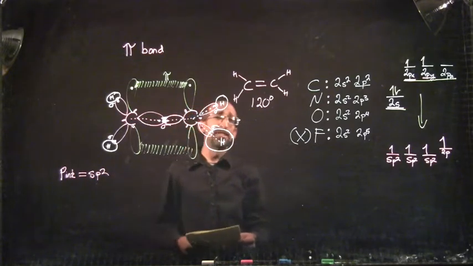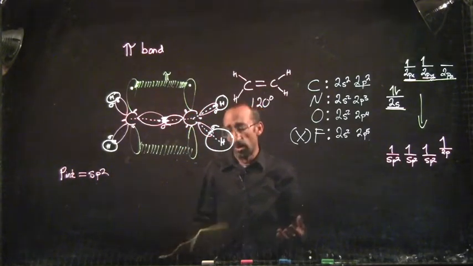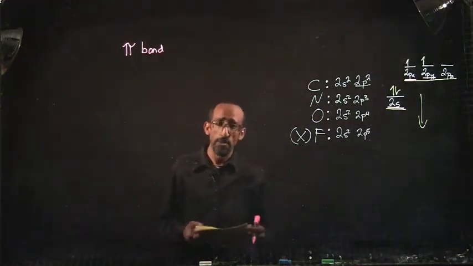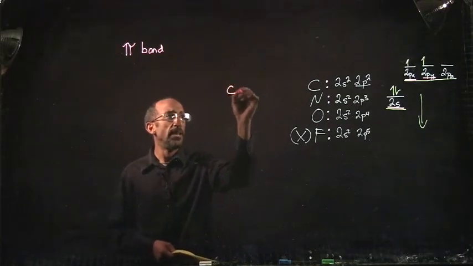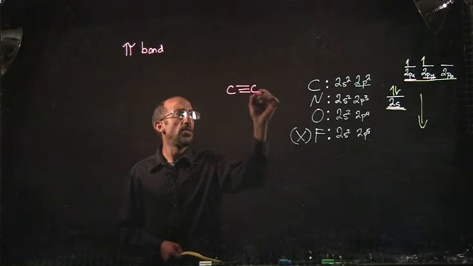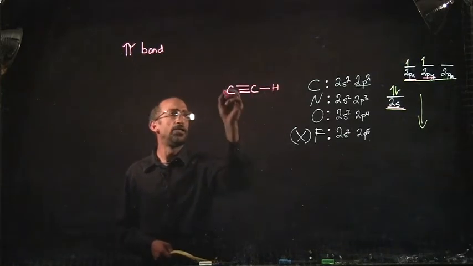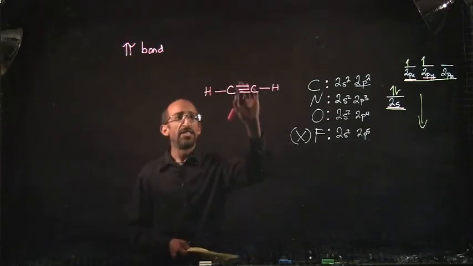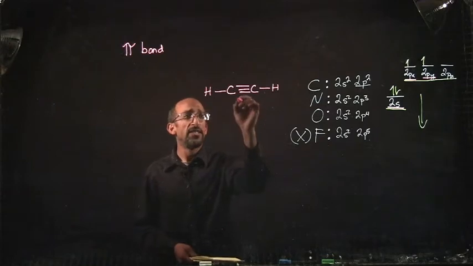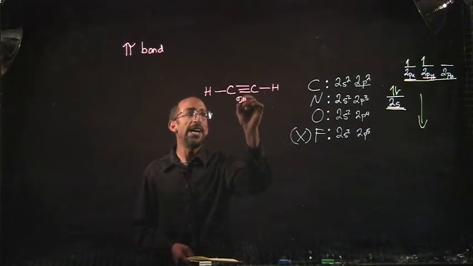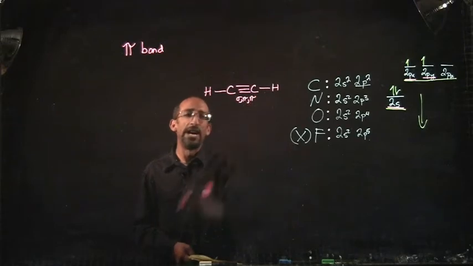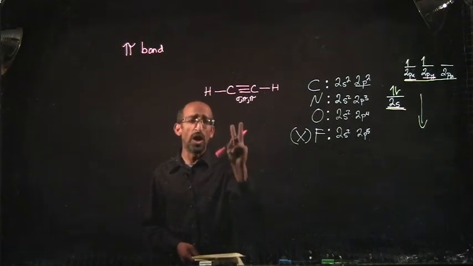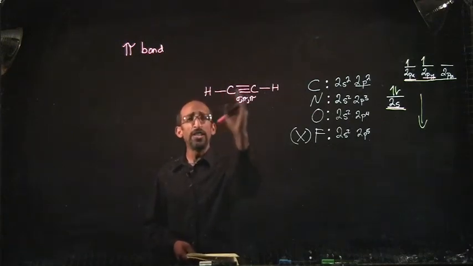There's one last scenario we need to look at that we haven't really discussed, and that's triple bonds. So the molecule I'd like to start our discussion of triple bonds with is acetylene. We have a carbon, triple bonded to a carbon, with a single bond to a hydrogen, and a single bond to a hydrogen. The triple bond is actually 3 bonds in one, right? It's a sigma bond, a pi bond, and then a second pi bond. So this tells us that we have to have at least 2 unhybridized p orbitals on each of these carbon